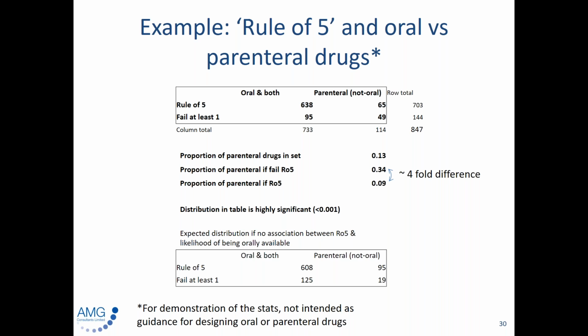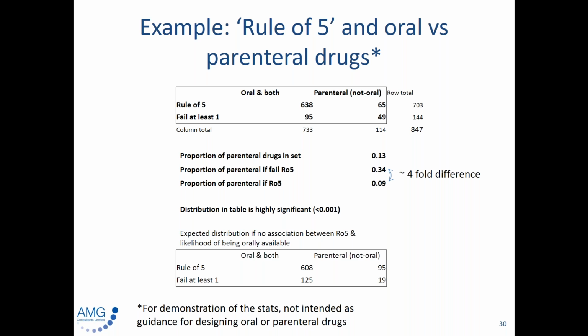So for example, 13% of the total set are parenteral only. If you look only at the rule of 5 fails, then 34% of that data set is parenteral only, and 9% of those that are rule of 5 passes. So there's close to a 4-fold difference in those two. And you can also do a significance test associated with this distribution and ask whether it's statistically significant or not. And again, if you've got fairly large numbers, it's relatively easy to get statistical significance. This is highly significant. That test, I'm not going to go into the maths of it, but it's based on